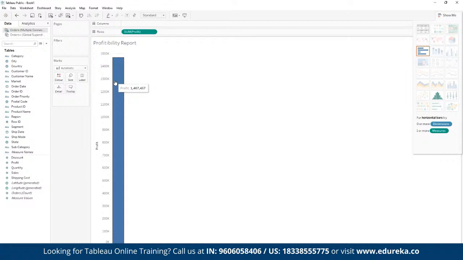Now, let's say our goal here is to analyze the distribution of profit in terms of different years. So here we can pick the year parameter. Suppose here we have order date. Here we have order date, right? Now if you want to see the entire detailed report, how the profit has been distributed in terms of different years and months and quarters, we can pick order date,